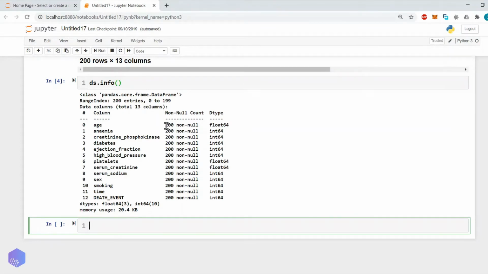You can see in the first column, age for example, all 200 values are present. In all the attributes, all 200 values are present, and the data type is float64.